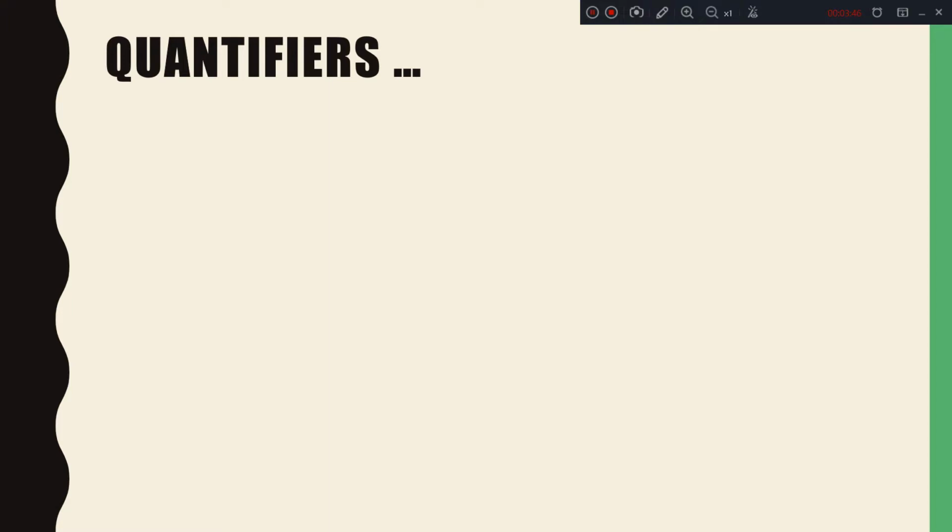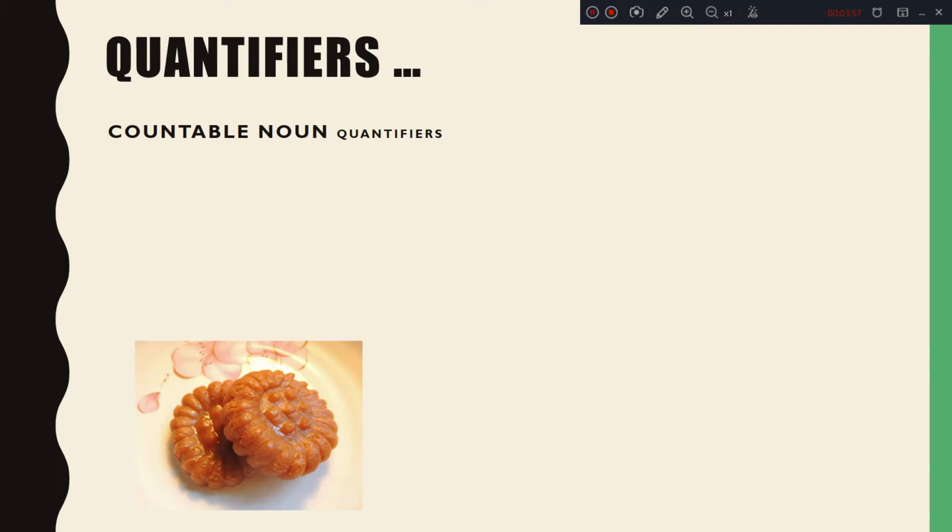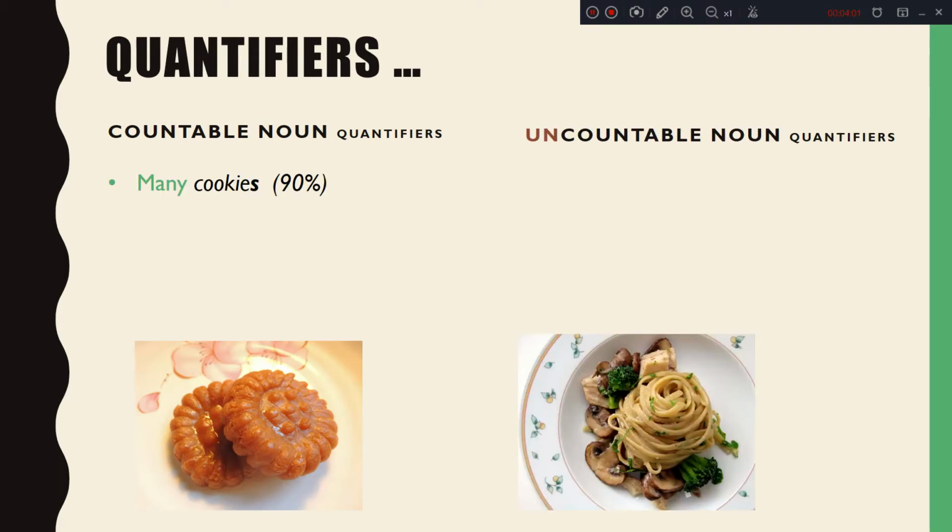Next, we are going to talk about quantifiers. Quantifiers tell us the amount of something we have, want, or need. There are countable noun quantifiers and uncountable noun quantifiers. First, we have many cookies, much pasta. And as a note, with uncountable food nouns, we usually use much only in the negative form,